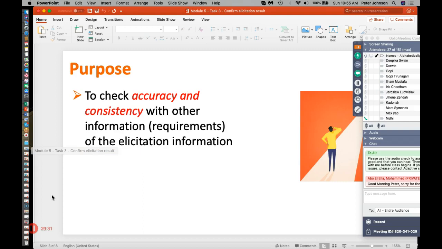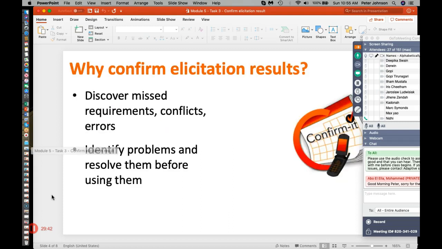Well, my goal in confirming is to look for things that may or may not be consistent, may or may not be complete, may or may not be accurate. And then if I've discovered something that might be missing or might be conflicting or might be an error, then I can determine what to do with it. So in the case of two interviews, well, what am I trying to learn? Am I learning about a process? Observation might be a perfect